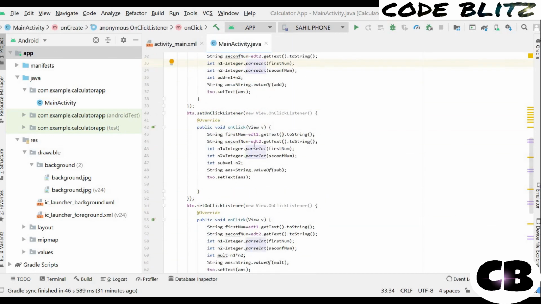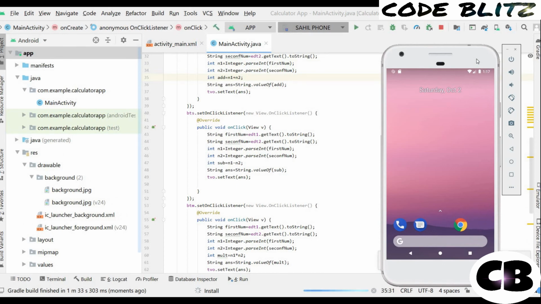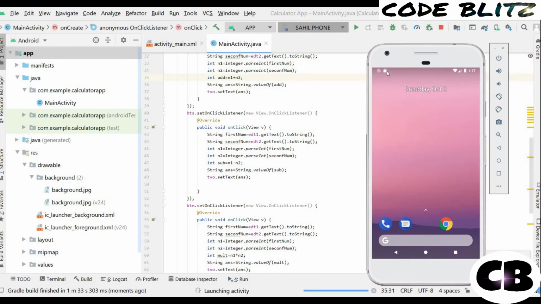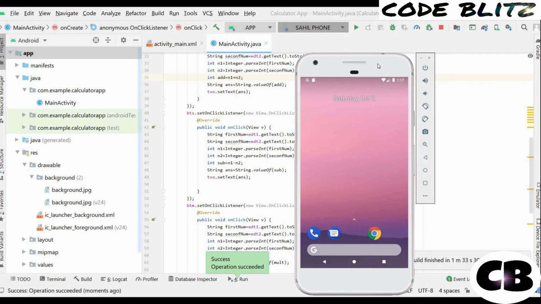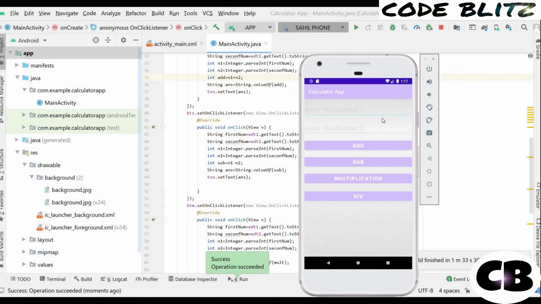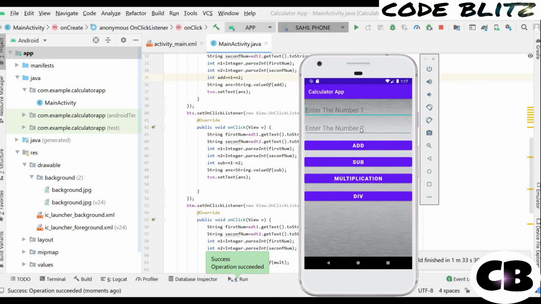So now let's run our program. I will go to my emulator and click here run. It will take some time. The Gradle build is finishing. Okay, let's see what it shows. Yeah, so this is how our app looks. Now let's enter the number 1.